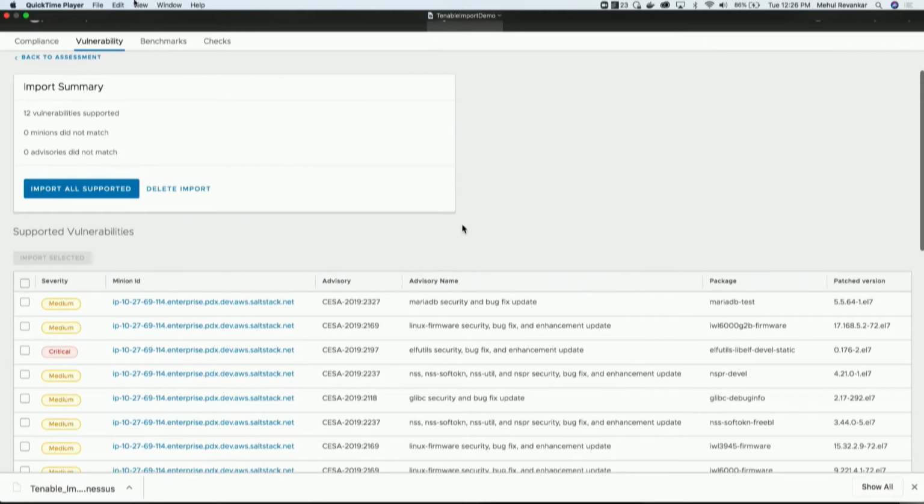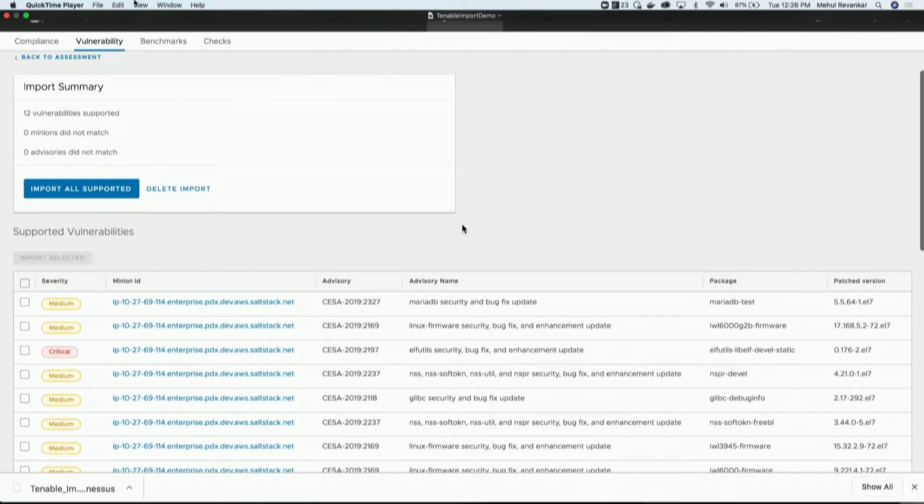So when you import the scan result, we'll provide you with some analysis. Obviously, Tenable has been in the industry for 20 years, and they have support for maybe 100,000 vulnerabilities. So as we start off with Tenable, with SaltStack Protect, we have support for a good majority of the Unix operating systems that are out there. So when we import the data, we know how to remediate some of these vulnerabilities.